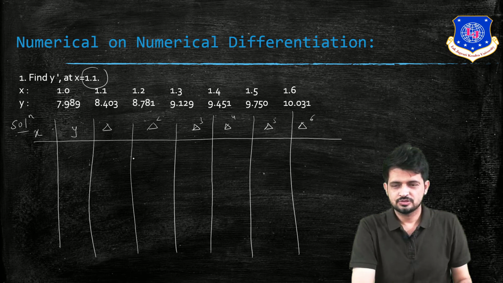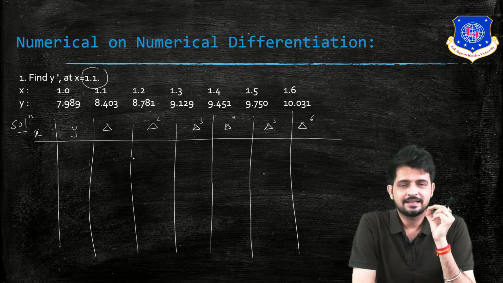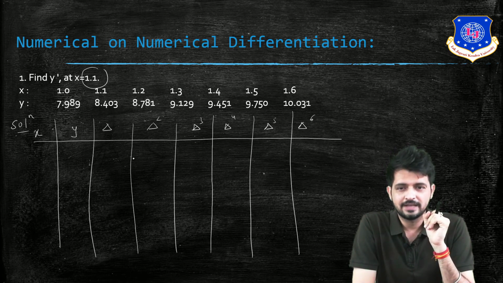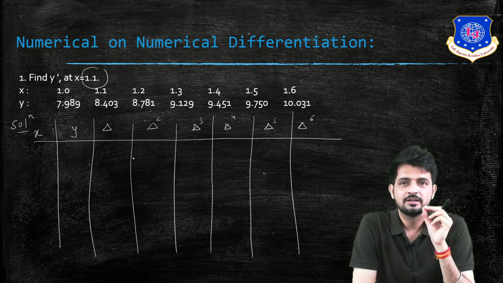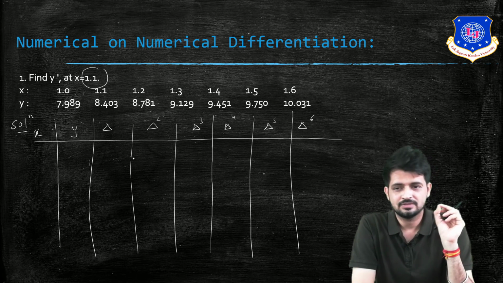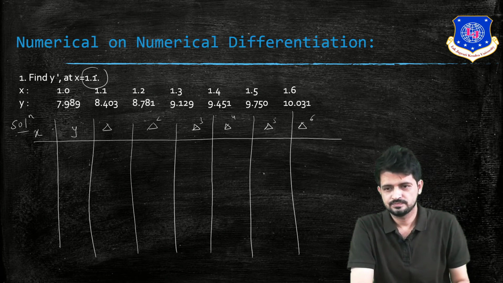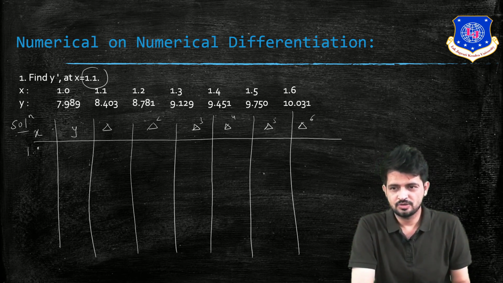See, first of all, in the calci you have to fix a decimal place at 3 because in the values of y there are 3 decimal places. Okay, so the decimal places should be 3 in the calci. Okay. See, it is very much important to do this, otherwise there will be mistake.